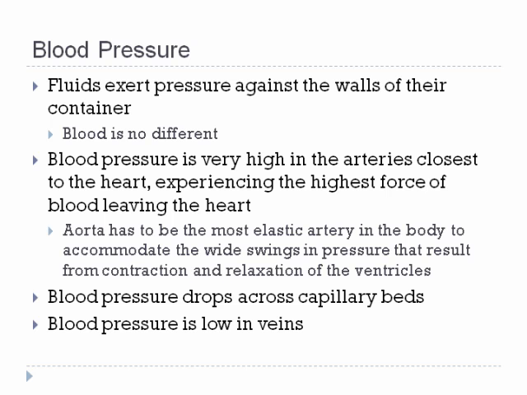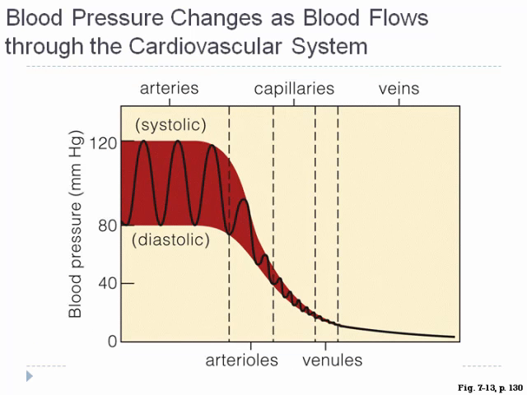Blood pressure is very high in the arteries closest to the heart, as we just discussed. Then if you look at the figure, blood pressure has these wide swings in these elastic arteries. Blood pressure drops across the capillary bed and in the venules, and blood pressure is much lower in veins than it was in arteries. So that's why arteries need that elastic tissue to be able to accommodate this high pressure due to the heart